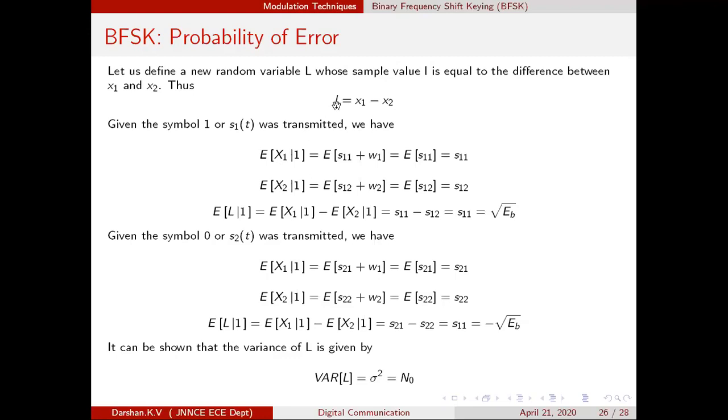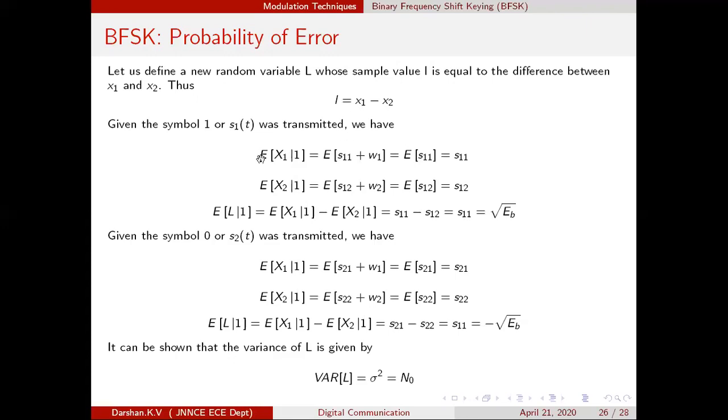So now what we are going to do is, let us calculate the mean of the random variable L. So how is L associated? It is written as the difference between the two random variable values x1 and x2. So to calculate the mean, the method I will employ is, I will calculate the mean of x1 and the mean of x2. Finally, I will subtract. That could be done. So I will calculate the mean of x1, the mean average.